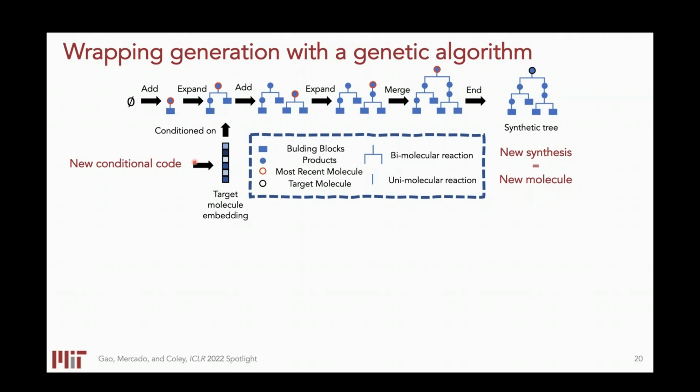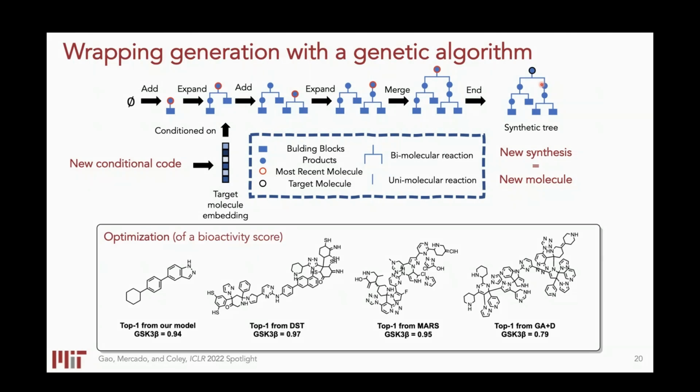And so we can use a genetic algorithm to then optimize properties of the molecular structure that is made, all the while guaranteeing that every structure that is proposed is associated with the synthetic routes. And so as a highlight of what that really gets you, when we use our model to optimize this heuristic score against GSK3 beta, it's a simple machine learning model doing a binary classification. We end up with a structure that is extraordinarily simple and is accessible in one synthetic step,